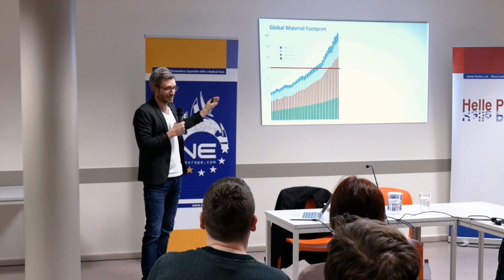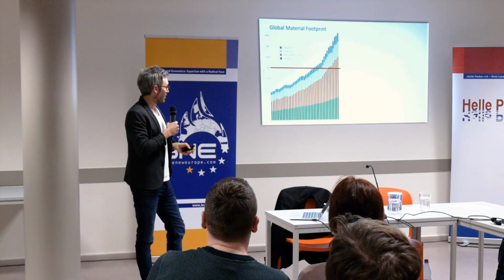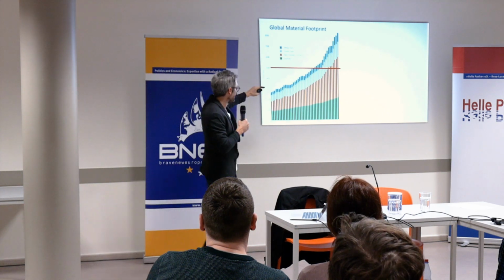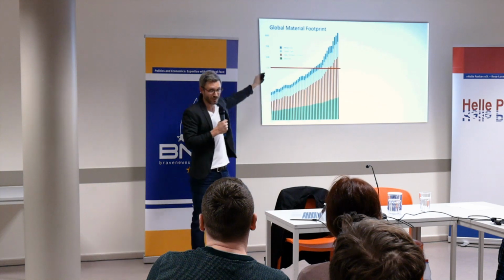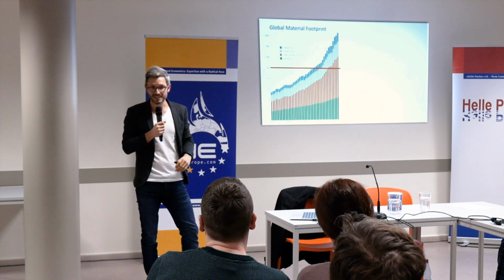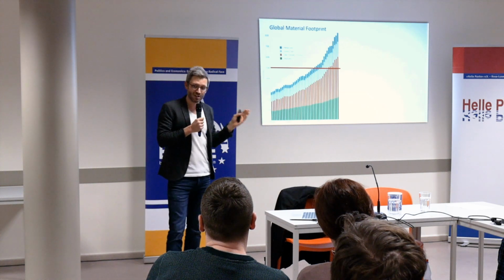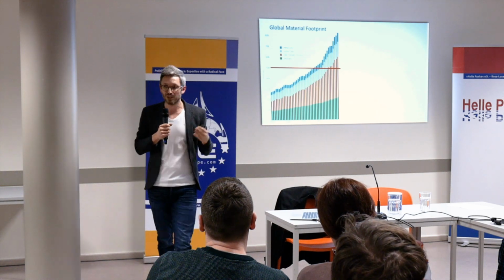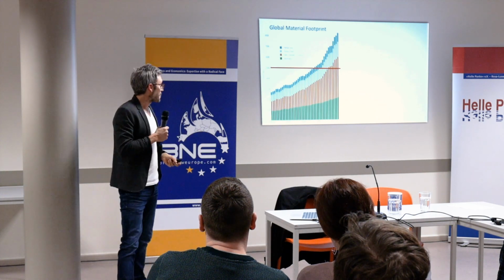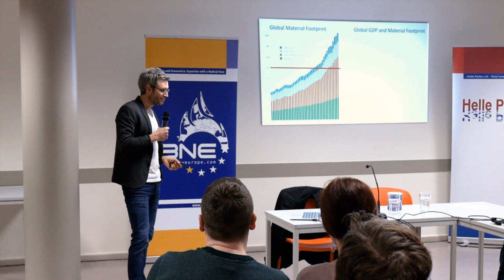material footprint in tons has been accelerating dramatically over the past few decades, breaching what ecologists say is the safe planetary boundary in about 1997. That's 50 billion tons. We're now in the region of hitting over 80 or 90 billion tons, and on our present trajectory, we'll hit in the region of 180 billion tons per year by the middle of the century. Okay, that's sort of business as usual projections.